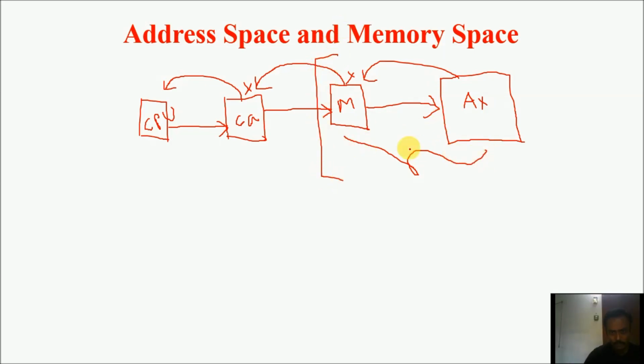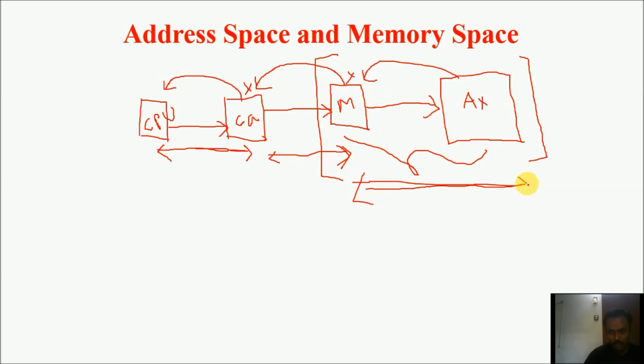That means how data will come in between auxiliary memory and main memory. So this portion is called the virtual memory concept, and here the cache mapping concept is used. The cache mapping technique is how the blocks of data come from the main memory to the cache memory. And how the data comes from the auxiliary memory to the main memory, that is called the virtual memory concept.